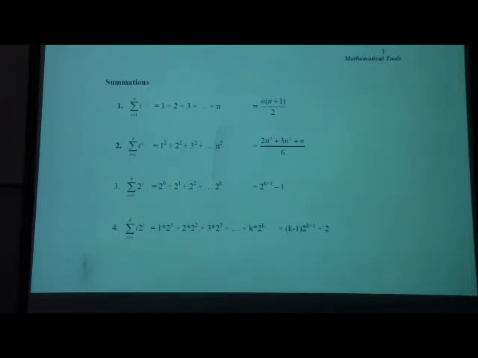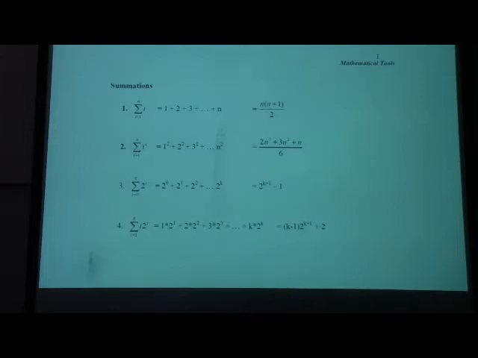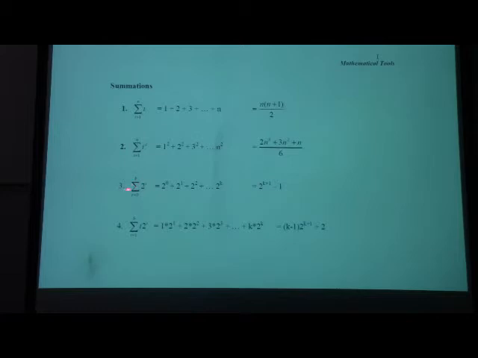Because now we want the sum of the first n squares. What if I wanted the sum of the first n cubes? Not as nice. But the result for that particular summation is 2n cubed plus 3n squared plus n, over 6. That's a well-known result. That's a result I'm going to show you how to do, because you need to know how to do it. And the next one is 2 to the i being summed from i equal to 0